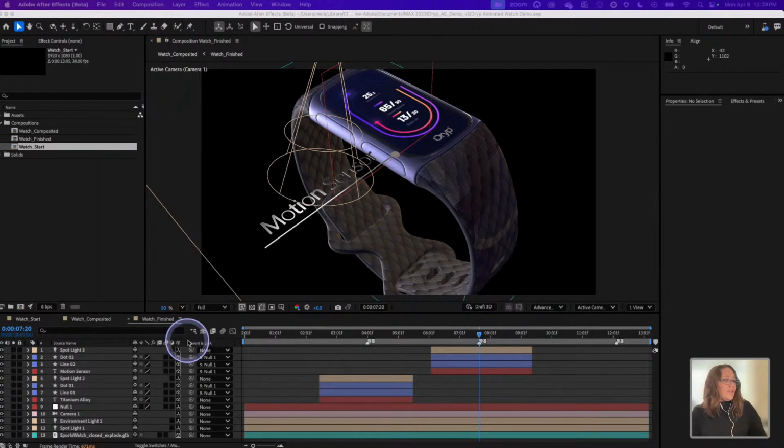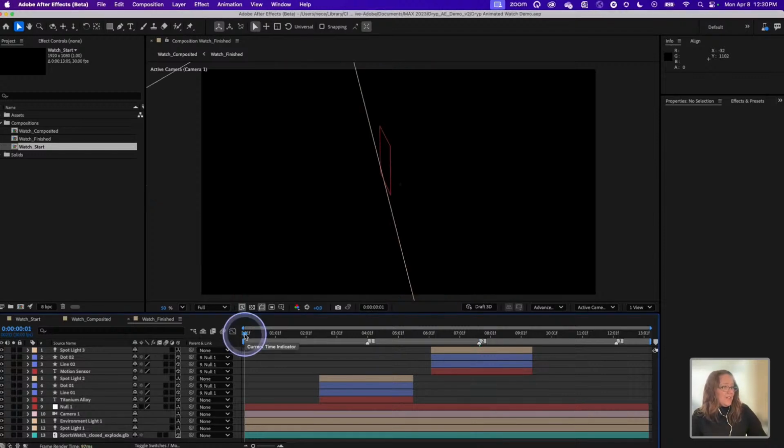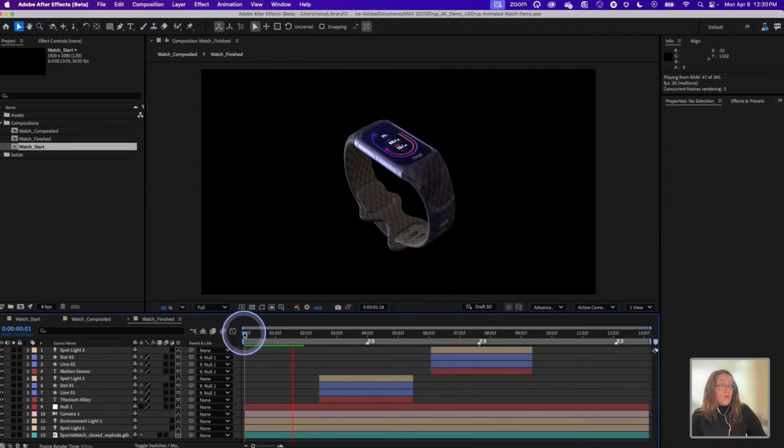And so here I've got the kind of thing you might want to do with a 3D model in After Effects. We have a little promo for this watch from Drip, is the fake sports drink brand you'll see lots of Adobe things using. We've got some Drip swag, and this watch is one of the things they want to show off. And you'll see if I hit play here, I've got really good performance. This is not